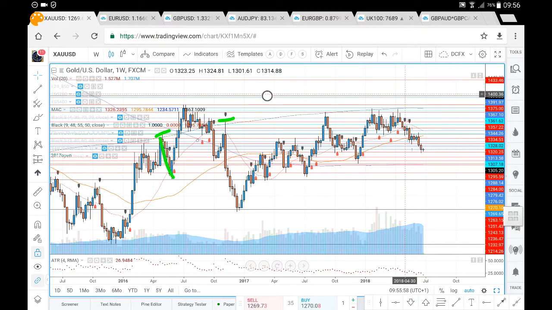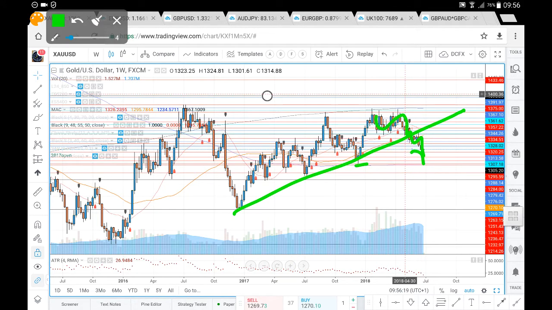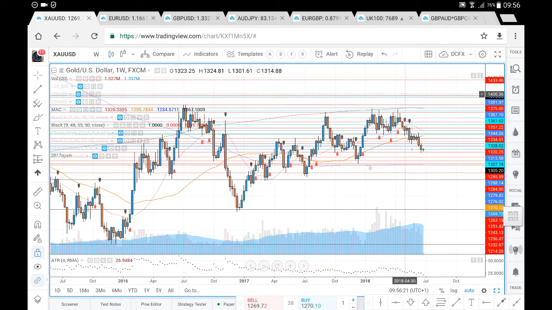we've encountered the 400 period moving average, from which we have seen sell side momentum on quite a few occasions in the not too distant past. More recently, prices did appear to be in a bit of an uptrend, but we do appear to be breaking out of that to the downside here. So there remains a possibility of seeing prices retest our previous lows here in around the 1230s or so